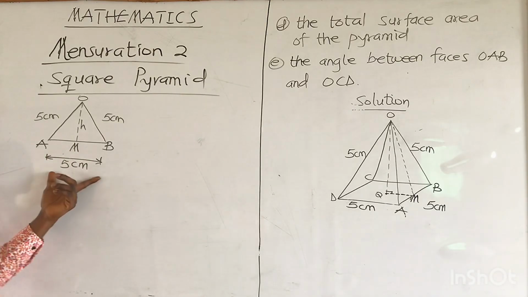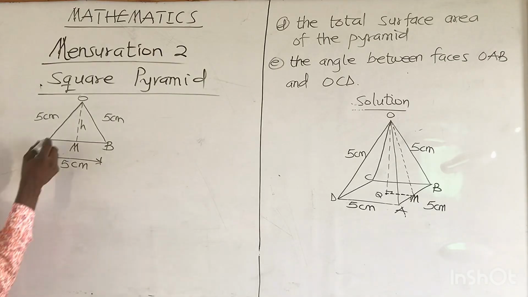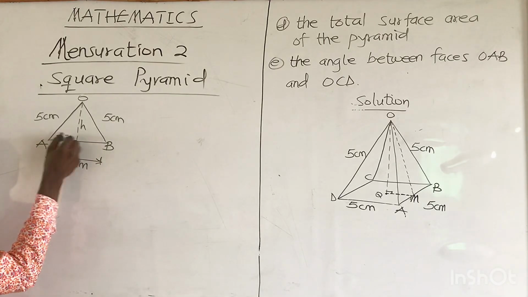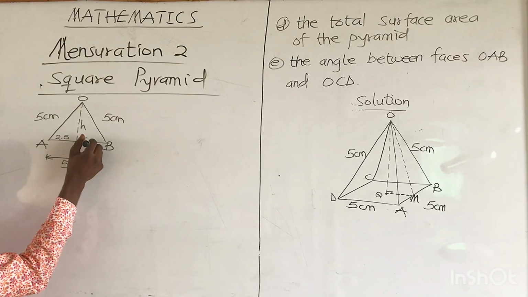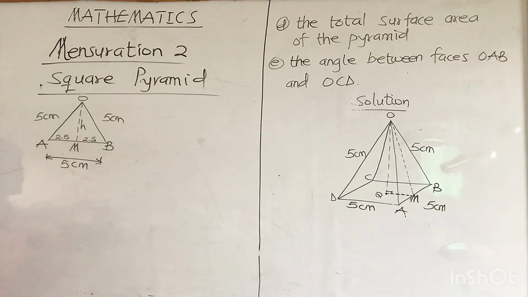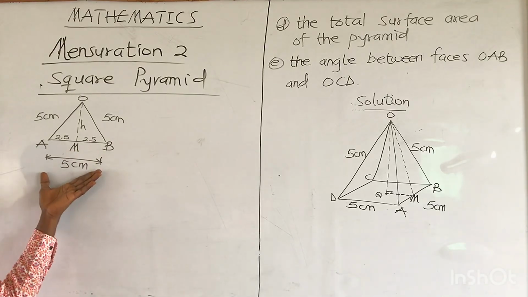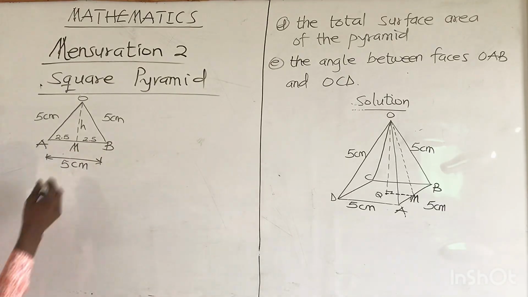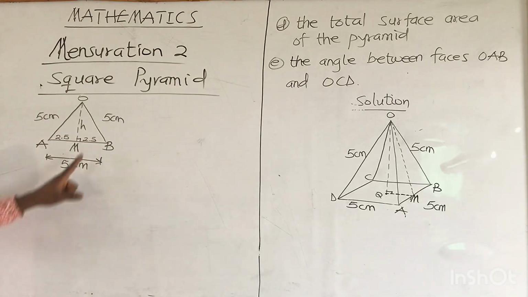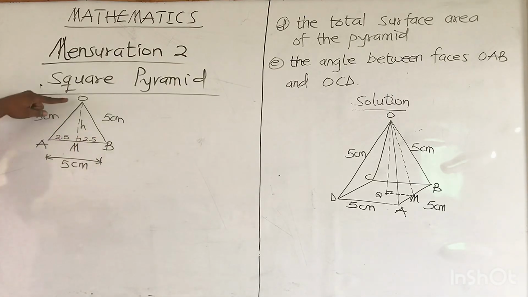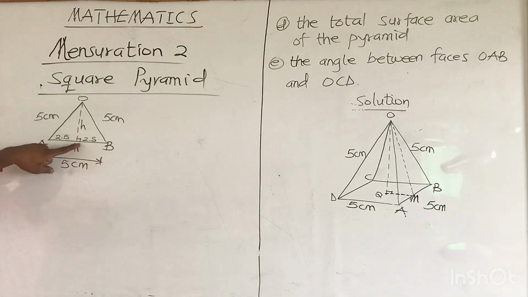Now AM is going to be half of AB, so this side is 2.5. And MB will also be 2.5 centimeters. So you see that 2.5 plus 2.5 gives us the 5 centimeters. So I am going to take one of the right angled triangles. I'm going to stick to this, because OMB